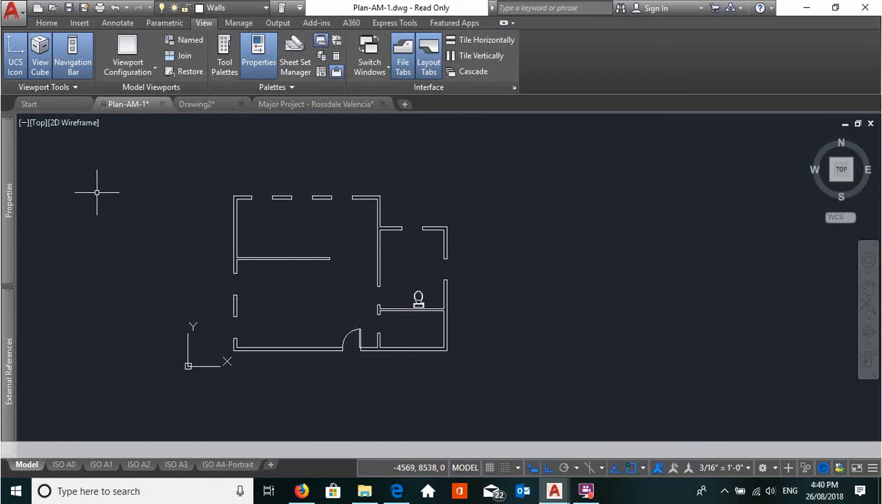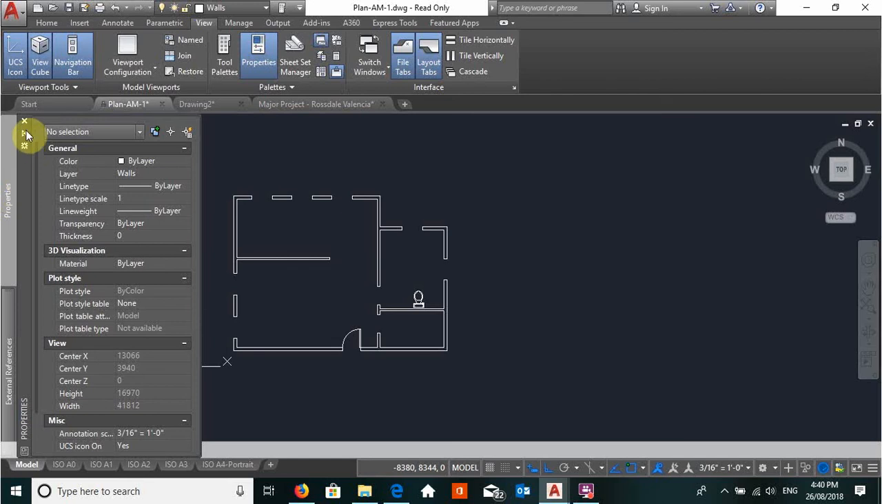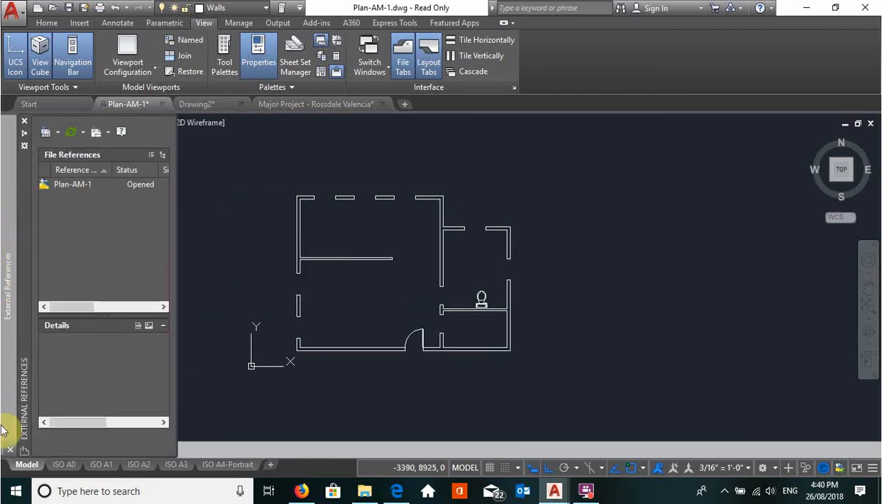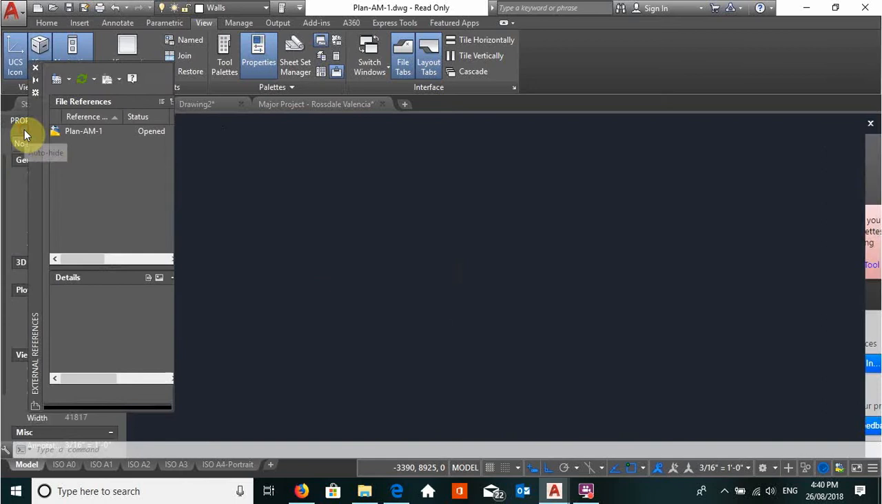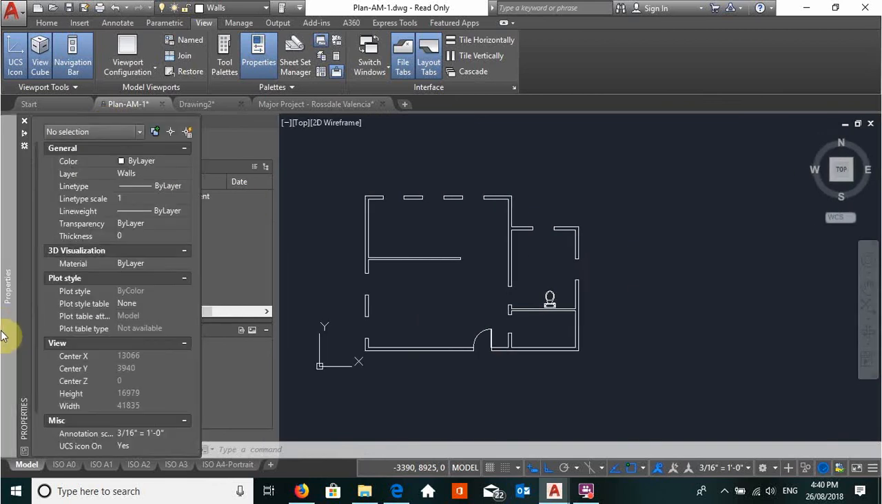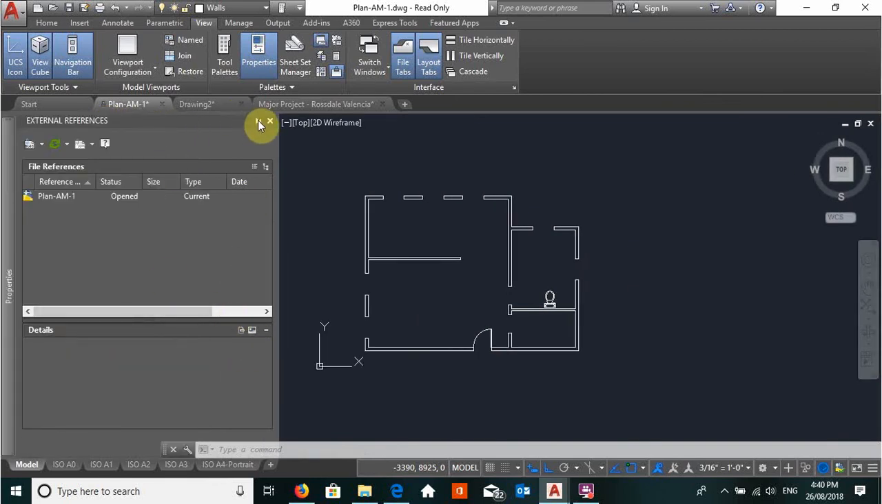Yeah, so I just find that quite a useful thing. I'm just going to bring up my properties again, so let's do that. Let's go properties, there we go. So with properties,